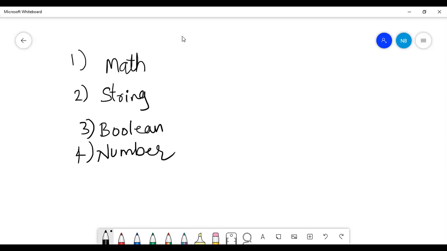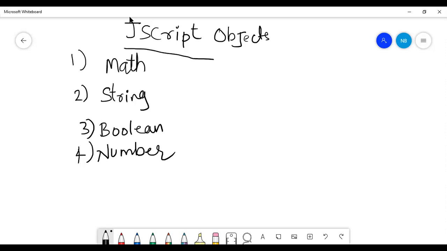So these are all JavaScript objects which we are going to see. So you observe the names of the objects: first one is math, second one is string, third one is Boolean, and the fourth one is number.